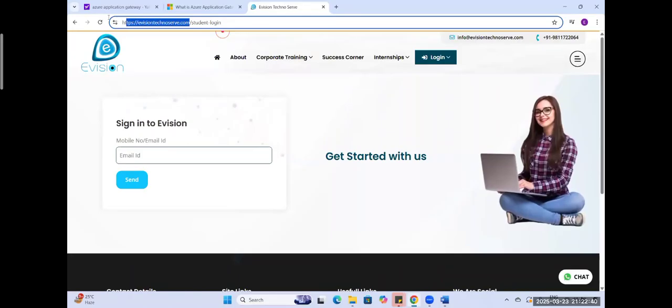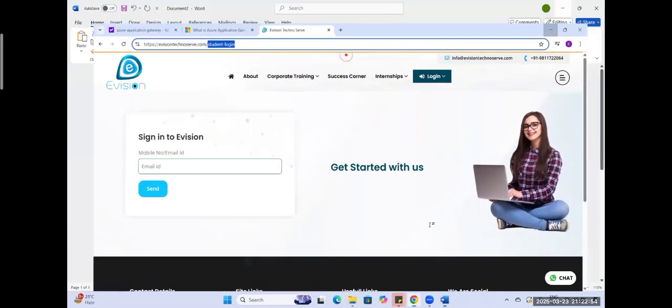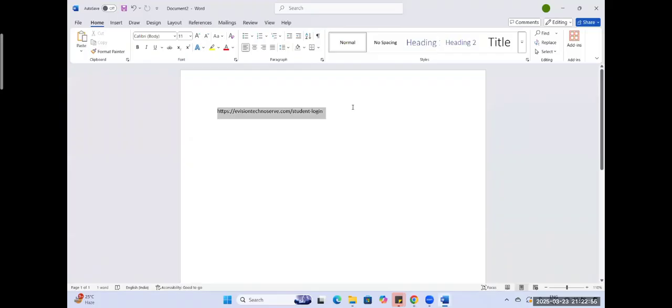अगर ये वाला URL डाल दिया evisiontechnosoft.com, so it will open the entire website. And if I apply this slash student-login, then it will specifically open this particular page. And I need this page only. So if we have this kind of requirement and if we have the specific URL to work on, we can